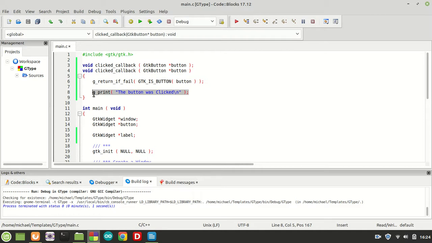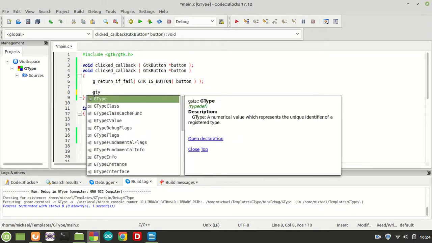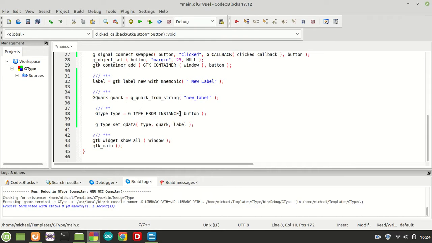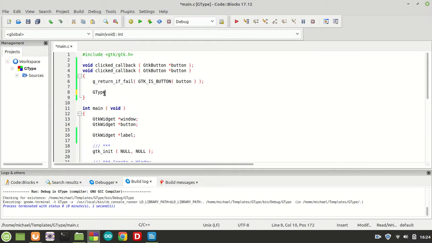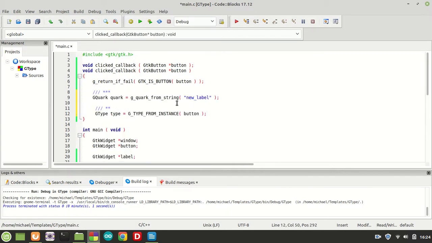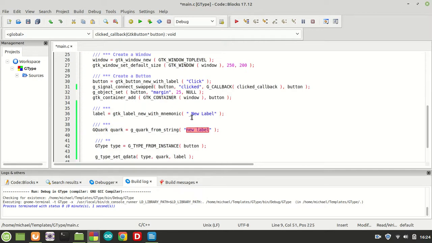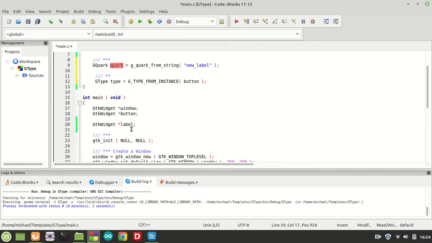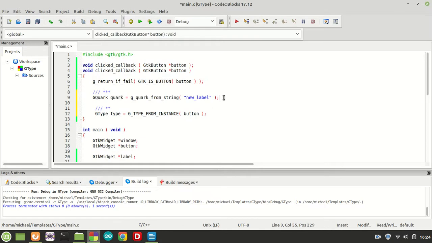So I'm going to remove this g_print right here because we don't need it. And I'm going to say GType. And you know what? I'm going to copy this call. Basically, I'm going to call these two calls here because I know them. So I need them. What I'm doing right now, I'm basically getting the quark from string. I'm not going to get a new quark because this one I created already right here. Which means that this quark and this quark should be the same, and they are. If I just call the g_print function and print them, you will see that this is the same. So now because I have the quark and I got the type of the instance from this button,